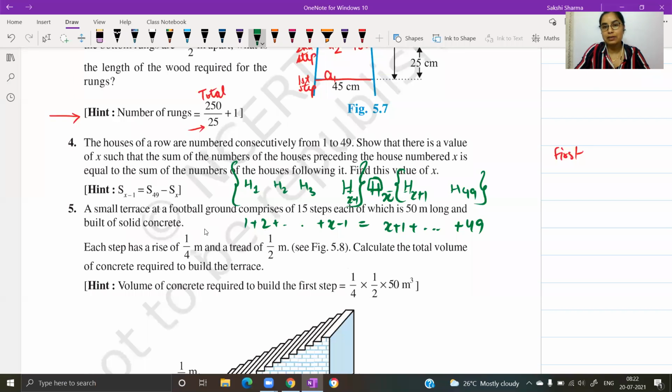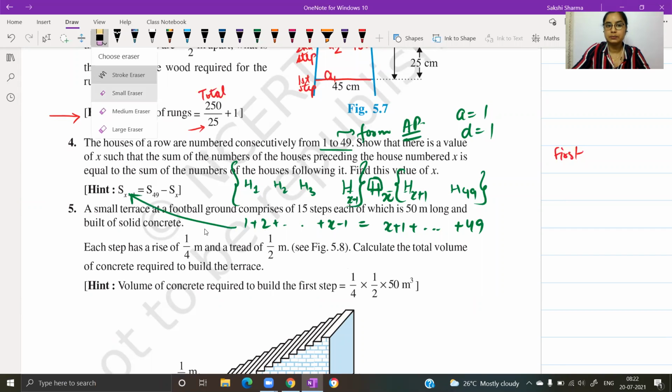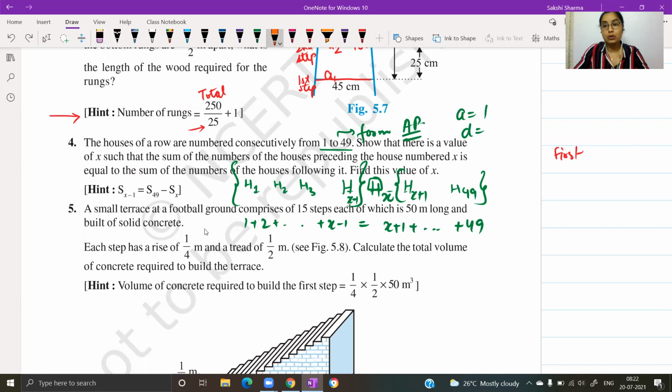And the relation they have given here, simply looking at the numbers of the houses, this will form an AP. Natural numbers की आपके पास finite sequence है, तो ये आपके पास arithmetic progression form कर रहा है. A की value 1 हो जाएगी, common difference 1 हो जाएगा. So if we have to add the consecutive terms starting from 1, तो ये जो left hand side वाला expression है, it is representing sum of the first x minus 1 terms. Tell me if that makes sense. ये left hand side पे जो उन्होंने x minus 1 लिखा है, वो कैसे लिखा है?